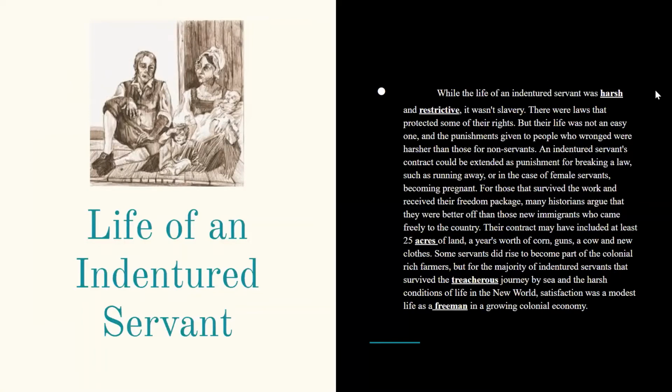There were laws that protected some of their rights, but their life was not an easy one, and the punishments given to people who wronged were harsher than those for non-servants. An indentured servant's contract could be extended as punishment for breaking a law, such as running away, or in the case of female servants, becoming pregnant. For those that survived the work and received their freedom package, many historians argue that they were better off than those new immigrants who came freely to the country. Their contract may have included at least 25 acres of land, a year's worth of corn, guns, a cow, and